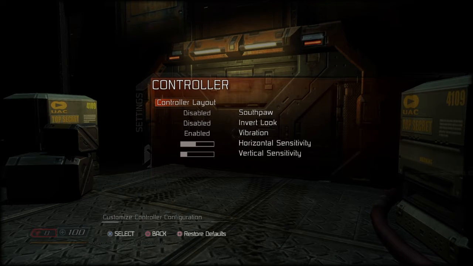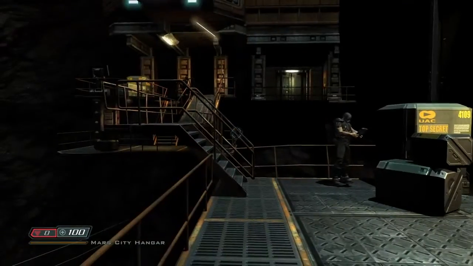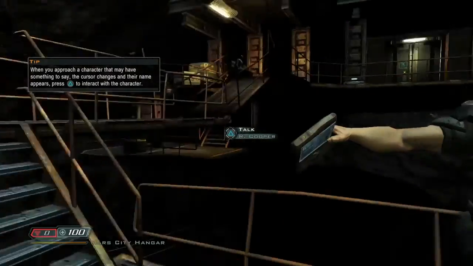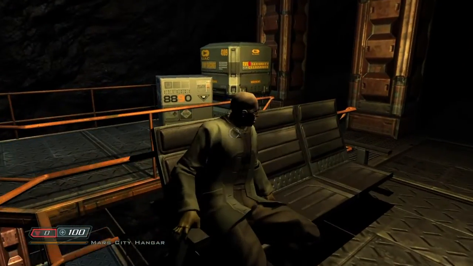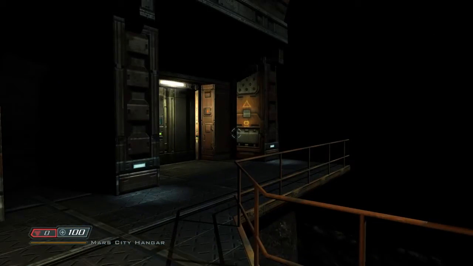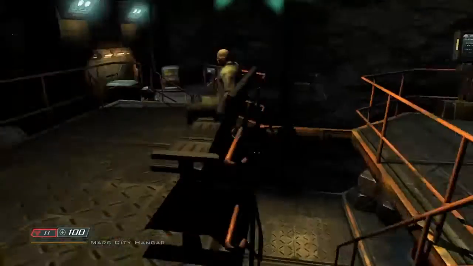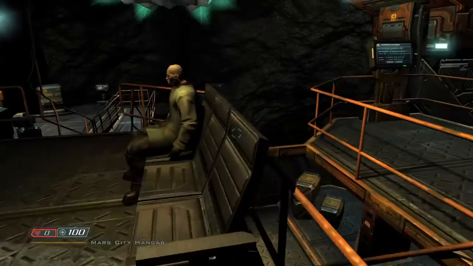Let me change my settings. I'm one of those freaks that has to have the invert look enabled. I think I started out my life playing a lot of plane simulators, so to go up is down, to go down is up, and ever since then my first-person shooter gameplay has just been all messed up. So I've always done invert on the y-axis. I'm the only person I know that does that. My friends think I'm totally weird, but anyway,